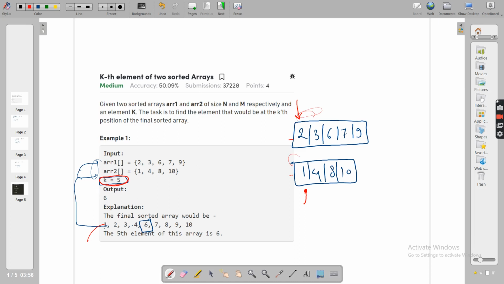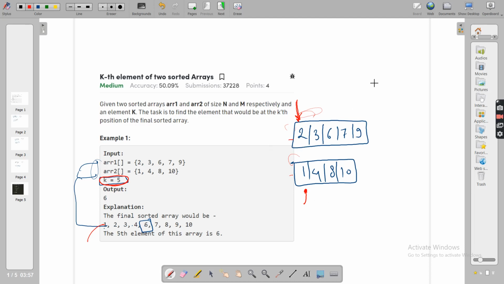Because we want the smallest value, we'll iterate over both arrays from the start, keeping one pointer at their starting indexes. See who is smaller amongst these two, because they are the smallest ones in both the arrays.